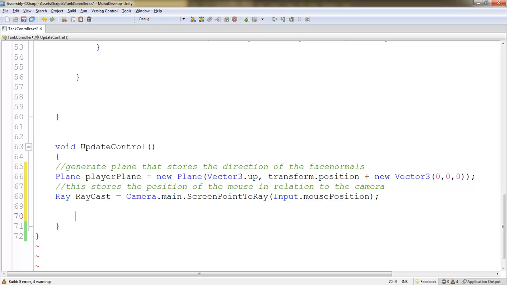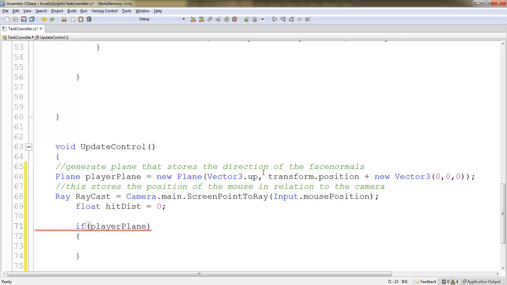Okay, so let's continue on with our code. We want to create another variable called hitDist and set that to 0. I'm going to use that to register the hit distance between when we click on our plane and the camera. It should be 0. It should always be right on the surface of the plane. All right, let's make an if statement to sort of calculate all of it. So I'm going to say if the player plane's